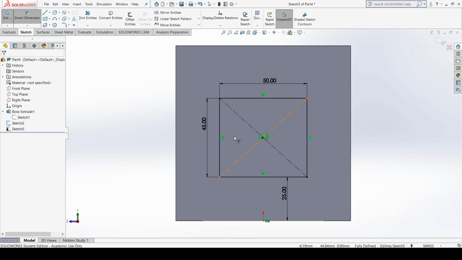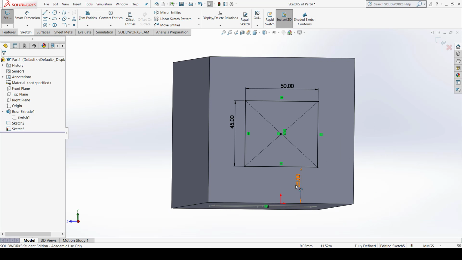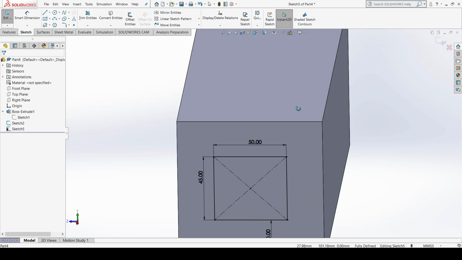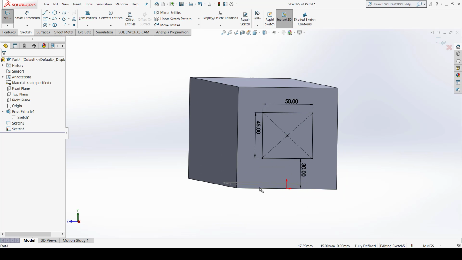Okay, and now you can make sure it should be a much bigger value right now. It should be 30. Let it be much away from this surface. Exit the sketch.